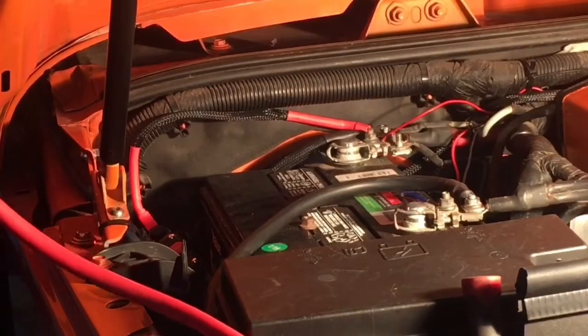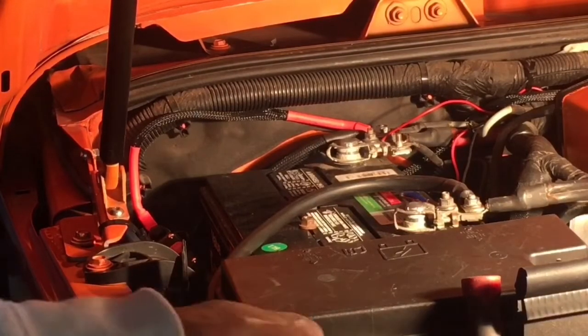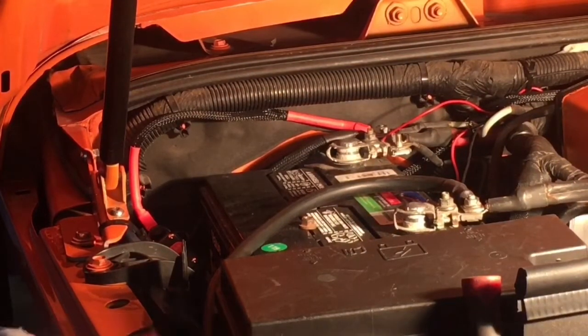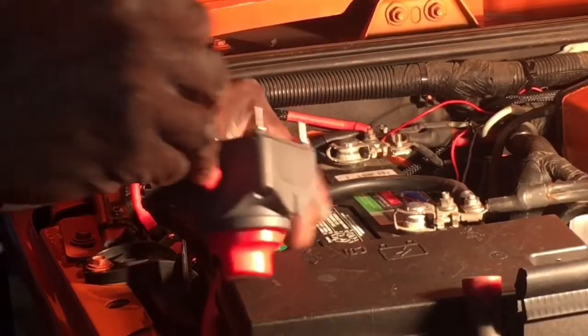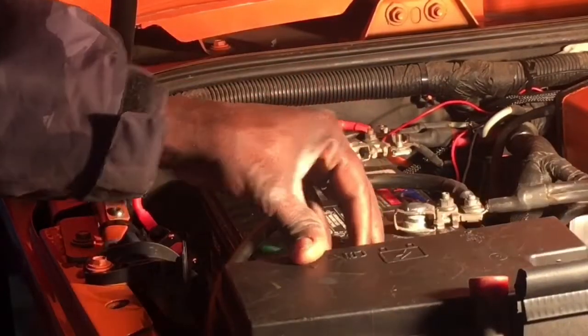Now, I was hoping to find some channels down here to run, and I may find that in the future, to run these cables up underneath here, because you do have these plastic things down there with cables running through. You don't really see much room down there for these cables. In the future, I'll research to see if I can relocate these, but for now, I'm going to run them over the top over here and